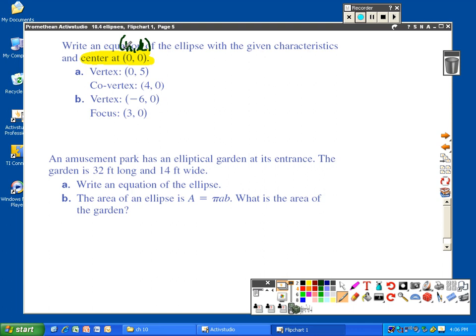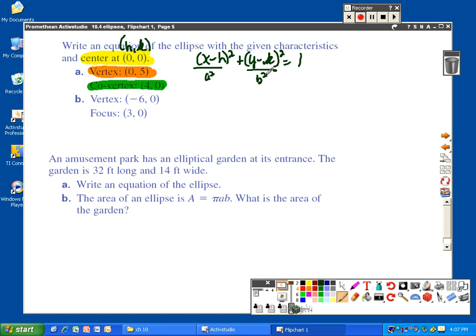My vertex is (0, 5) and my co-vertices are (4, 0). So let's see. The general equation is (x minus h) squared plus (y minus k) squared equals 1 over either a squared or b squared,